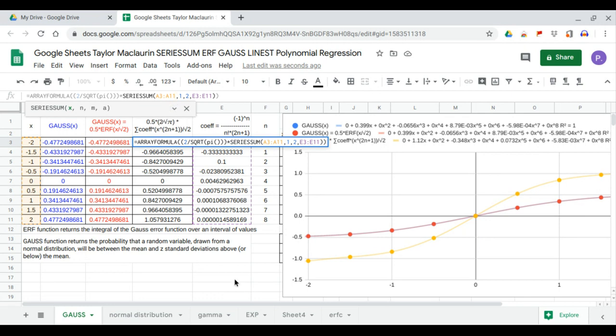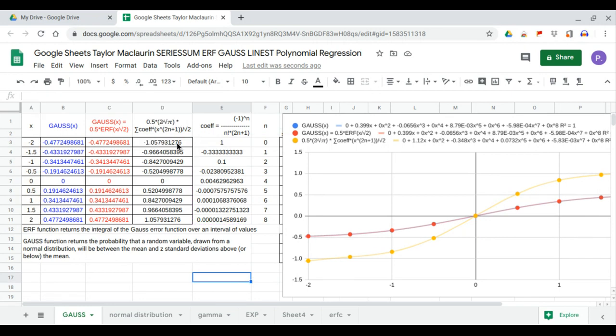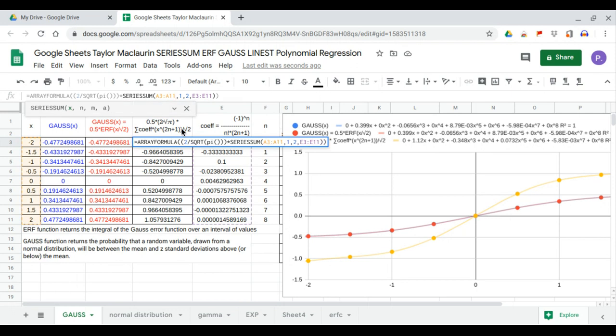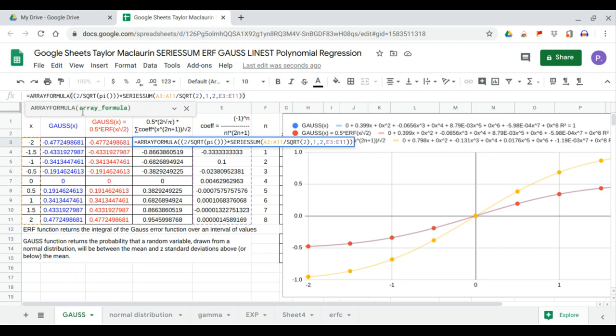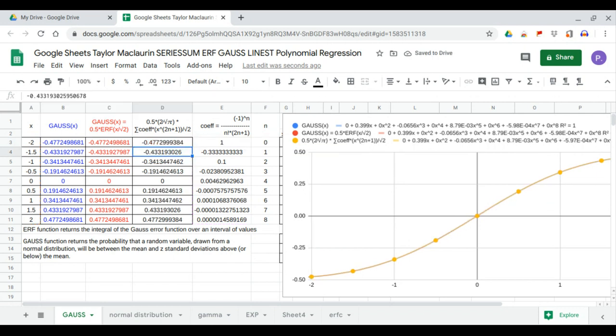So this is divided by square root of 2 and multiplied by 0.5. Now we have all the three. So the blue and the red lines are now covered. And we check the